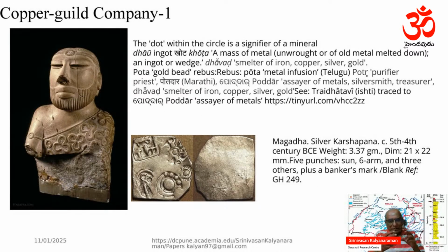So the dot in circle becomes the classic symbol on the shawl of the priest, and he also wears the dot in circle on the forehead, also on the right shoulder. He's a potadara, he's a shroff. He surveys material coming into the treasury, and he is an expert in a variety of metals. He'll be able to pinpoint whether there are any forgeries or the value of the coins, the value of the material being brought into the treasury. He's a potru, potadara, podar, shroff,